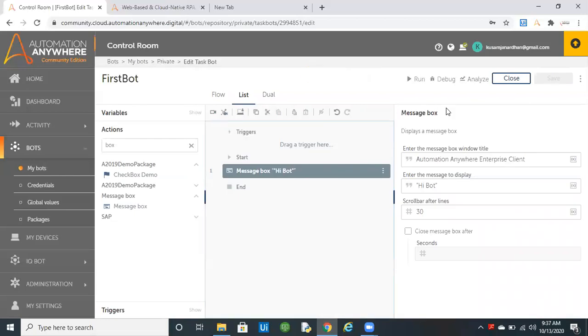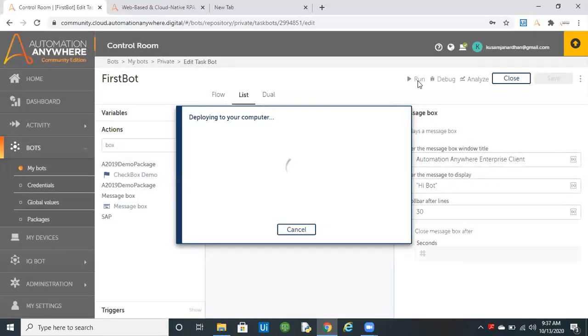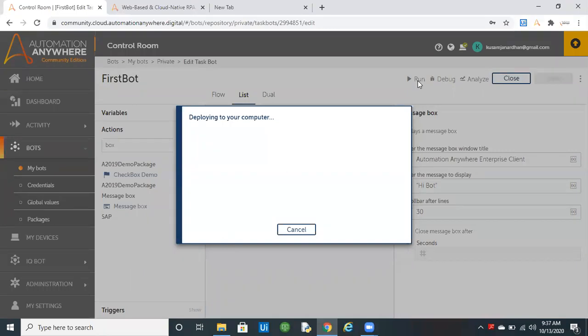In A2019 it will download all the dependencies and execute the program. Now it is deploying to your computer, downloading all the dependencies, and it will start the process.